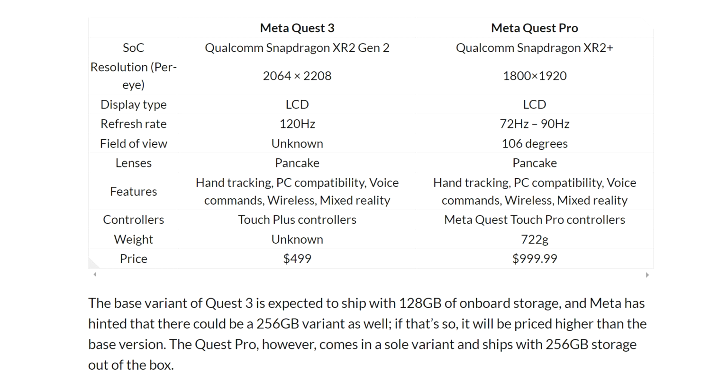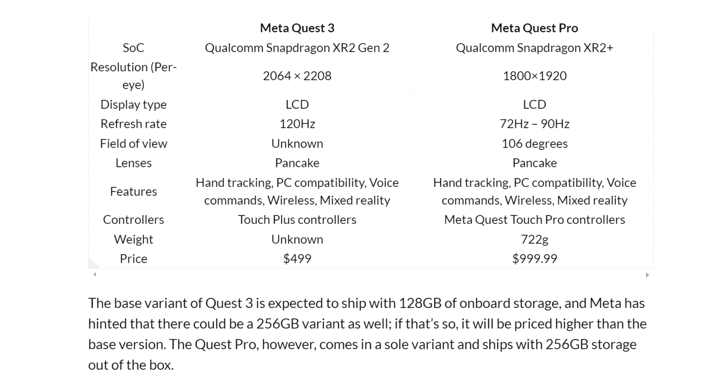They are both LCD screens, so the blacks are not going to be amazing. Refresh rate, the Quest Pro features, it says 72 to 90 Hertz, but there's an experimental 120, I believe, whereas the Quest 3 features 120 Hertz out of the box. They both have pancake lenses compared to the Fresnel on the Quest 2, and the controllers are going to be